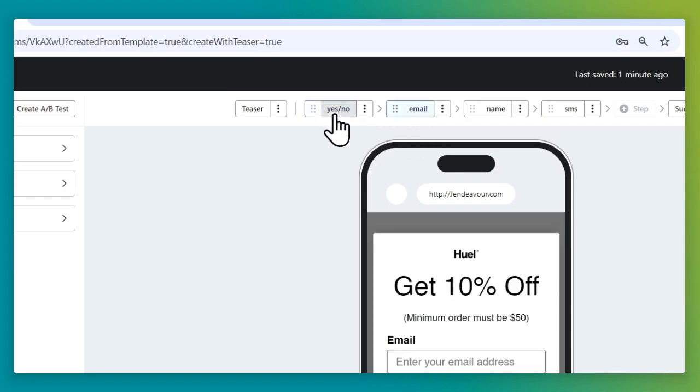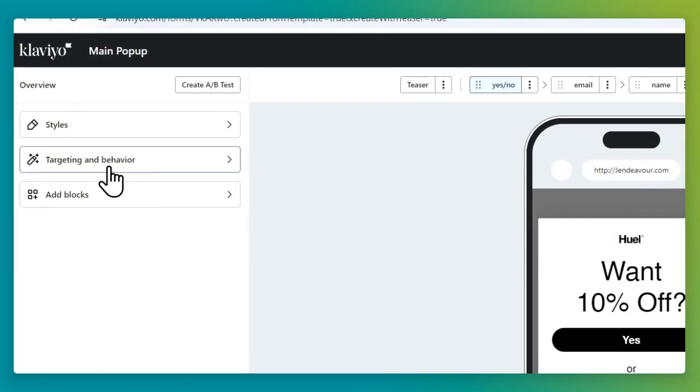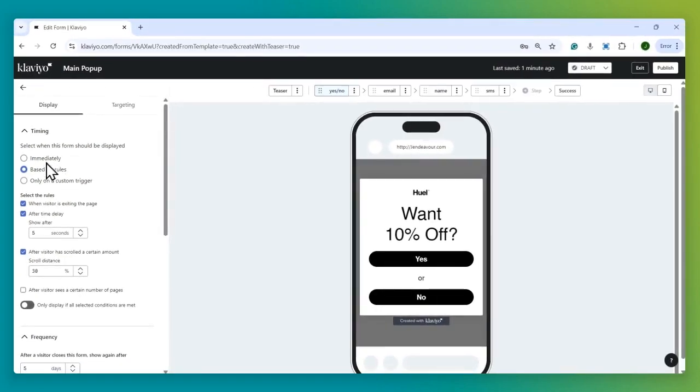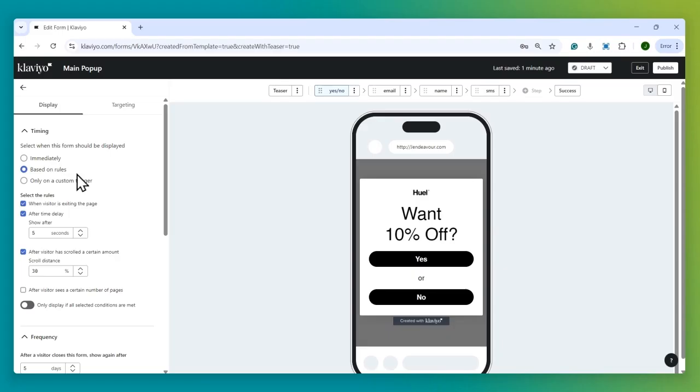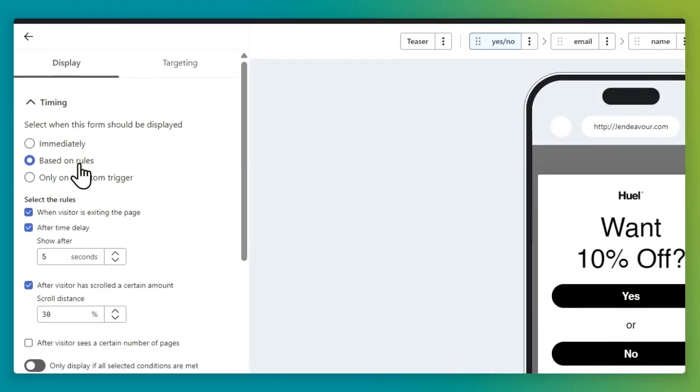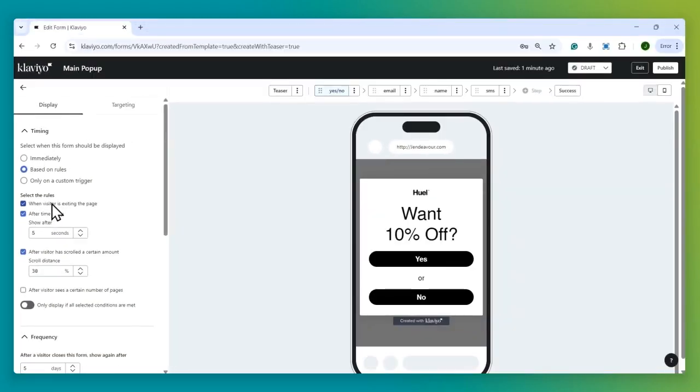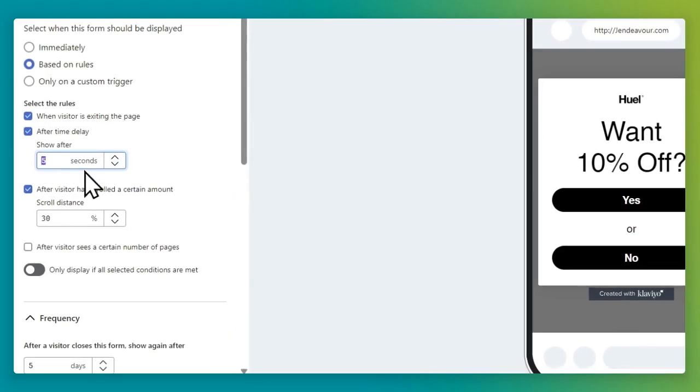So it doesn't matter which step you're on, just click on targeting and behavior. It's going to apply to the entire pop-up. We've tested these settings extensively, so just trust me on this. Copy whatever settings I'm going to show you. So select the following settings based on rules. When visitor is exiting the page after time delay of 2 seconds, and after visitor has scrolled 10%, frequency change